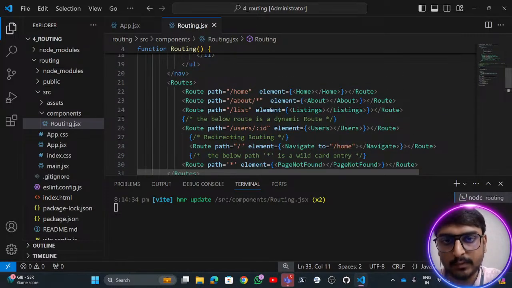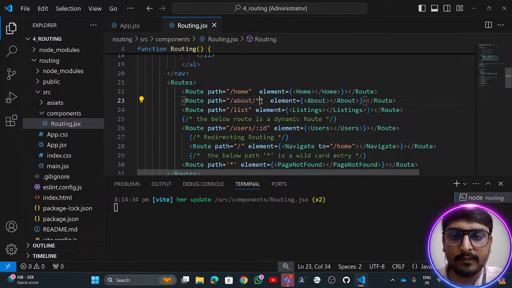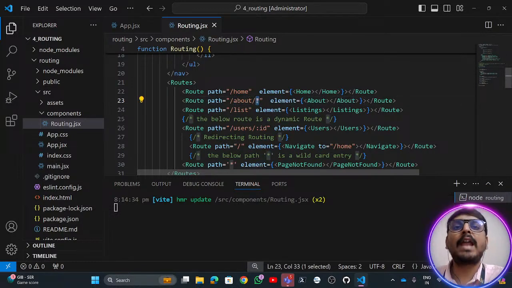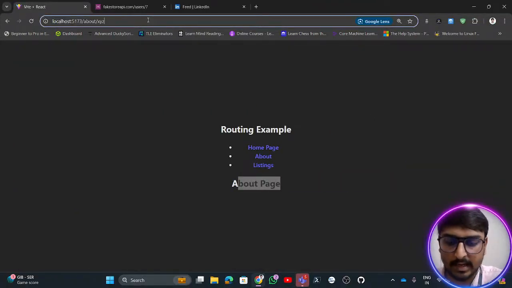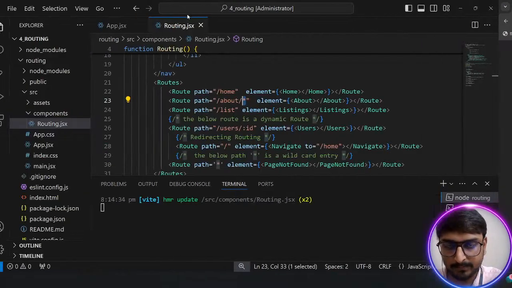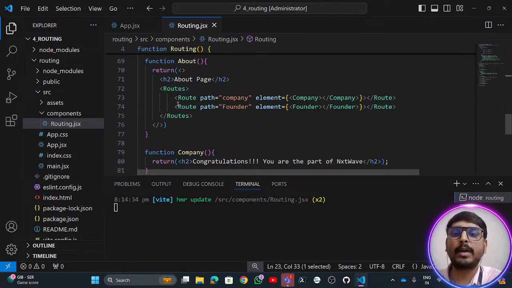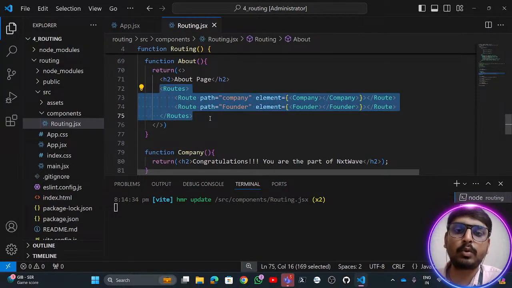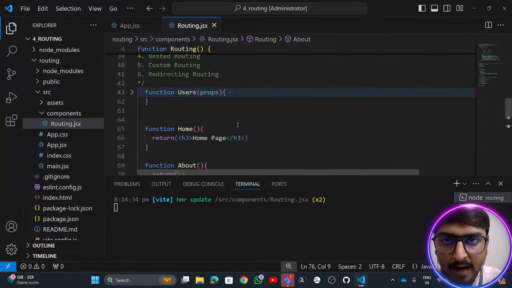But what if this wildcard entry is present after any given path? If there is a wildcard entry after any given path, we'll redirect to the same path. Type anything, type XYZ ABC 1 2 3. So let's say here instead of thing, I'll say 1 2 3. You're still on the about path. But let's say after getting to this about page, I again get these two routes, which is once there is this path known as company after this about thing,